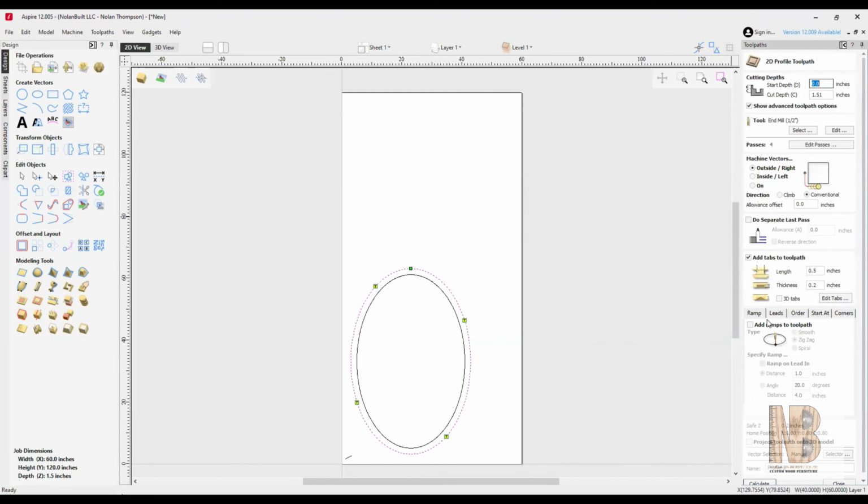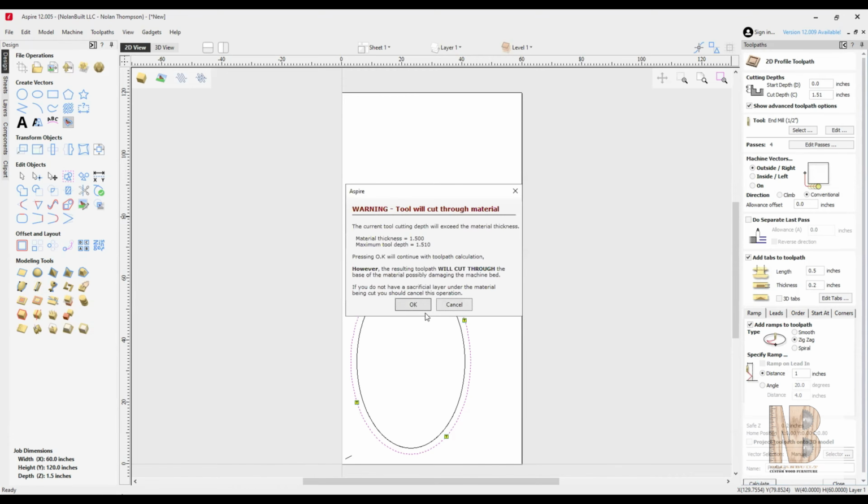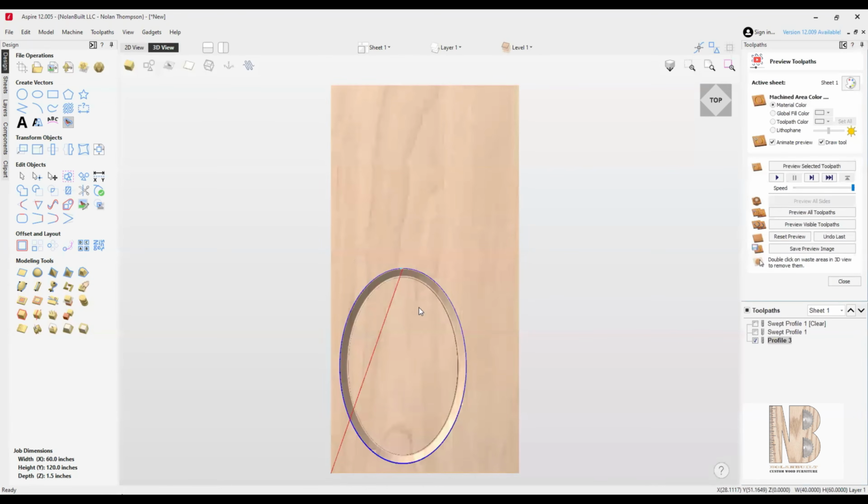And then we're going to go down and click ramp in, and I always set my ramp in to about 1 inch. This allows it not to just plunge straight down and leave heavy dark burn marks because the bit is spinning in one spot and not moving. So we're going to click OK, and now we're going to preview that, hit play,